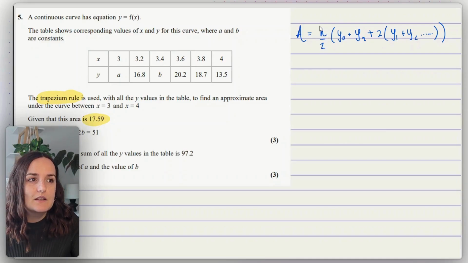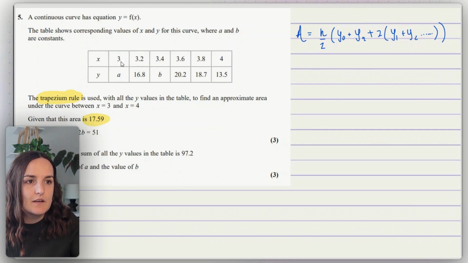Now, the bit that most people get wrong, and this is a really easy mistake to make, is figuring out what this h means. There is a little formula for what you need to do to calculate h. And a lot of people will do 4 minus 3 here and divide by 6. So have a look at that and think, why is that wrong? They count this 1, 2, 3, 4, 5, 6, and they think we divide by 6 to get the width